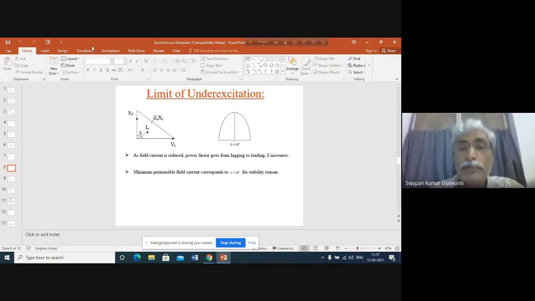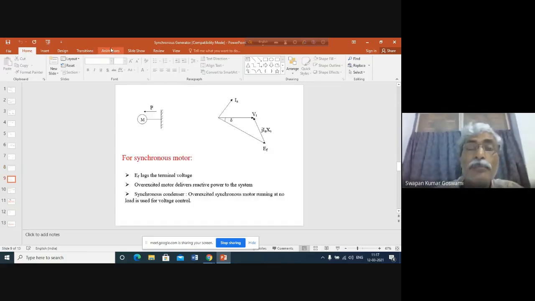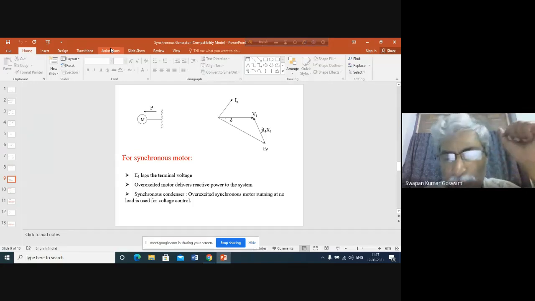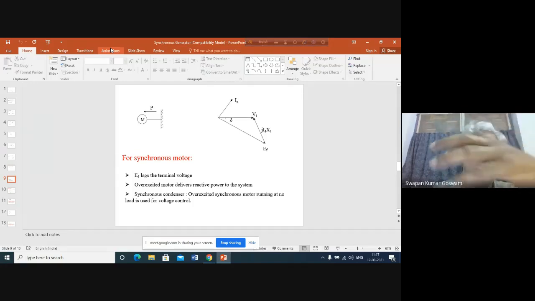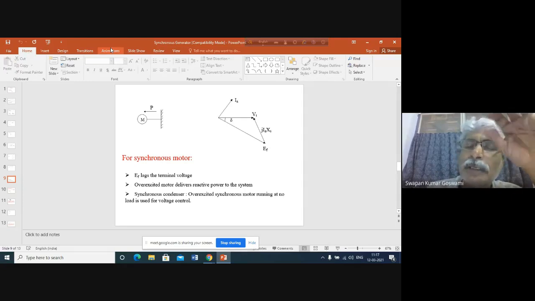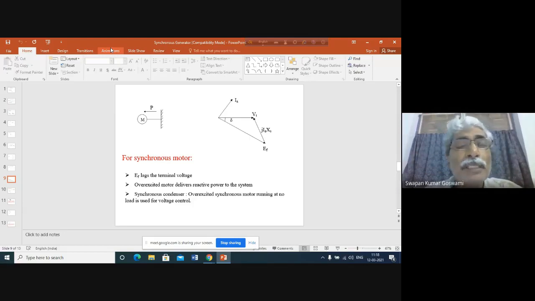Okay. Now let us come to the motor. Why shall we be discussing the motor? Because our discussion for the motor will be focused on its ability to supply and consume reactive power. Why are we doing that? Because we want to control the system voltage, and we have seen that a synchronous machine having a DC field supply has the capacity to supply reactive power and, at the same time, the capacity to consume reactive power. So obviously the motor also will have this capacity.